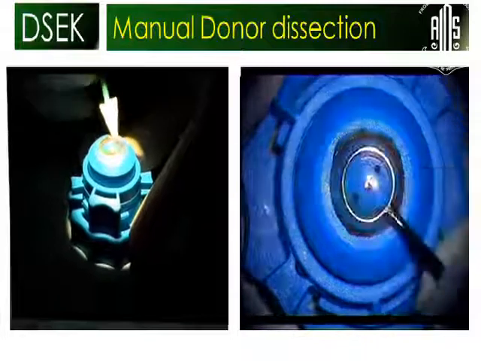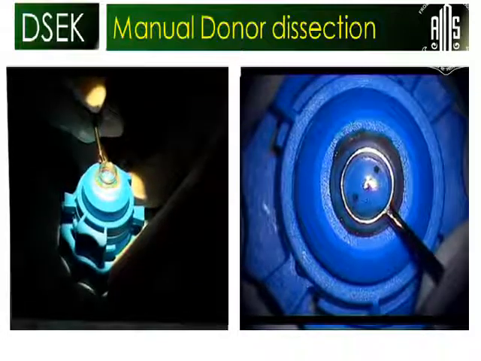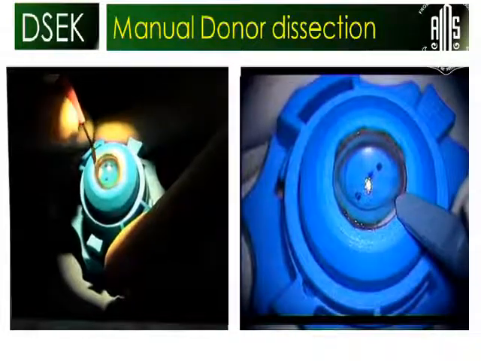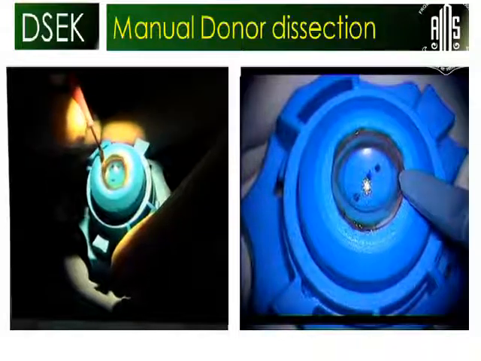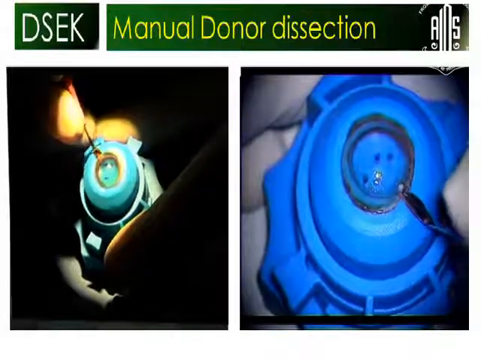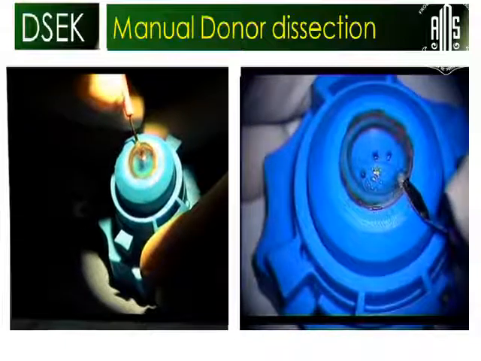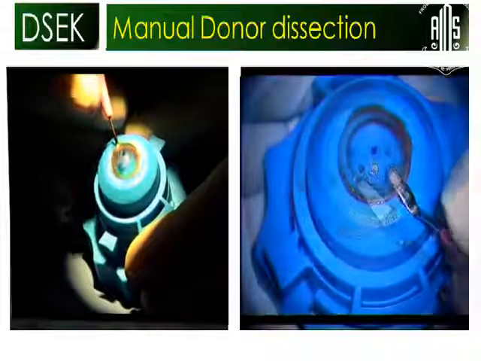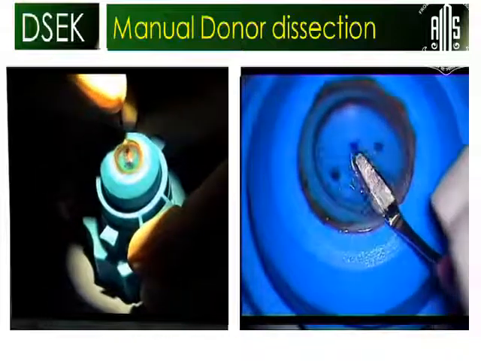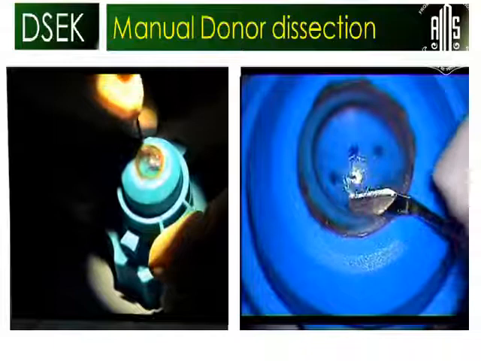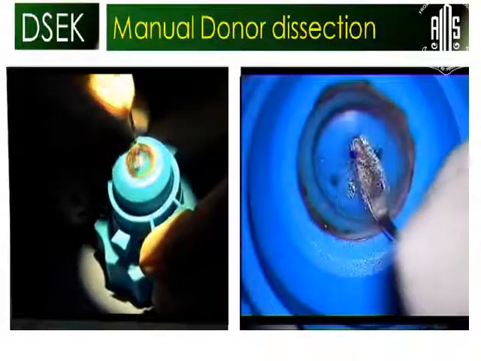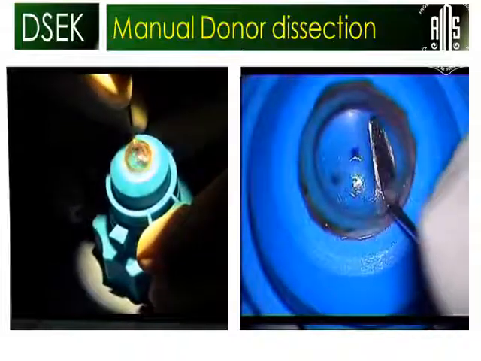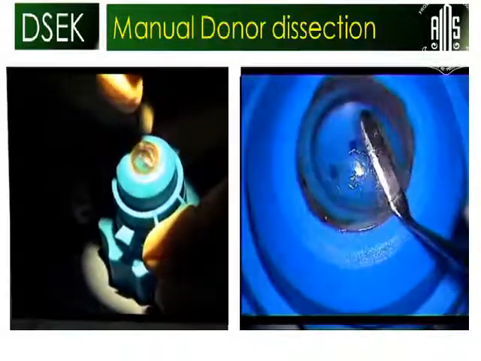You can see that the pressure should not be too high or too low, so that your blade should go. This is a 500 micron blade. So give a peripheral cut with the 500 fixed blade. This is MK medium, but if you use Cornisol preserved cornea, you have to be very careful. It is better to go with a 400 or 450 micron blade, because Cornisol preserved cornea is thinner by at least 50 micron. So you use your dissector. This is the normal crescent knife. With this crescent knife you can go up to the middle, or you can cross the middle of the cornea.